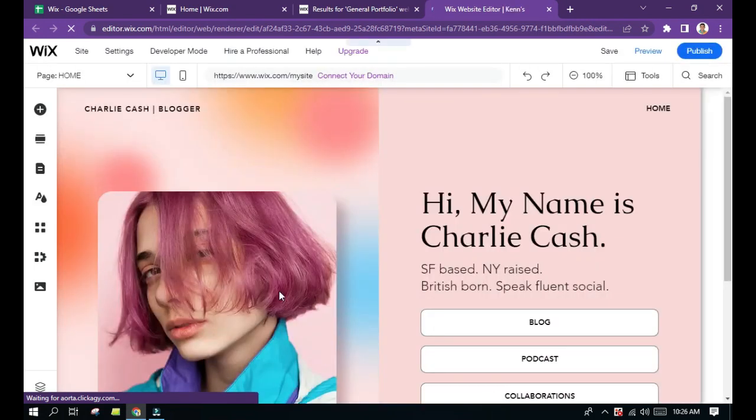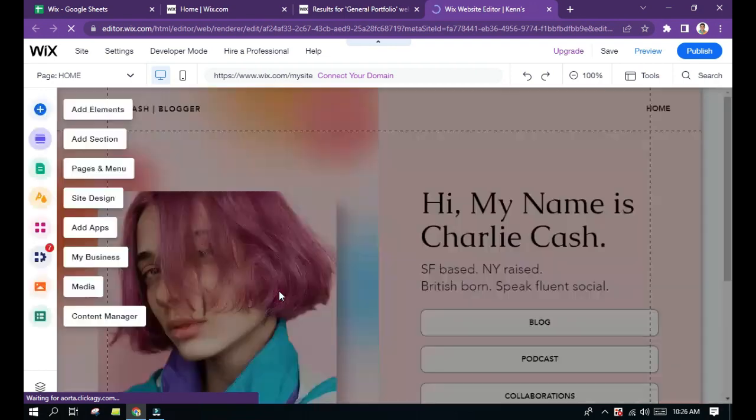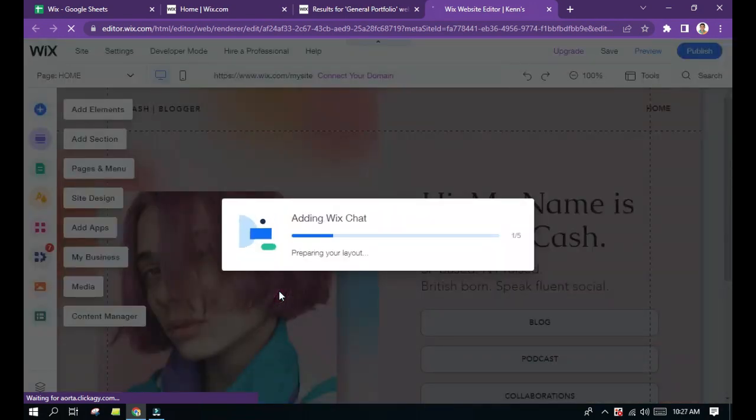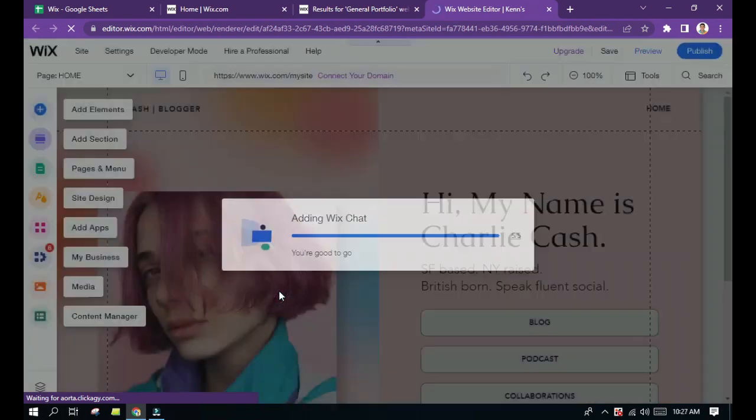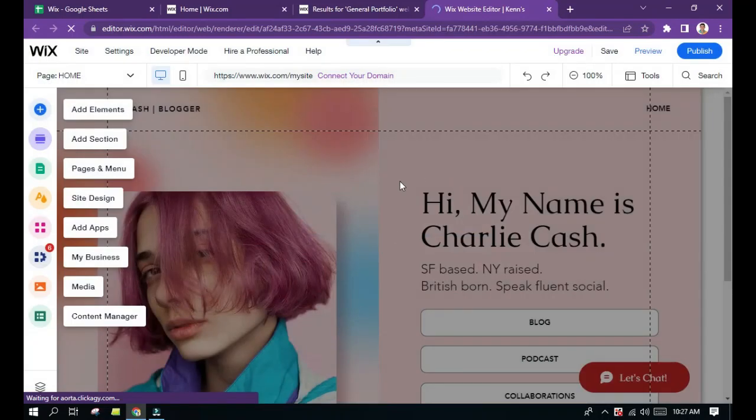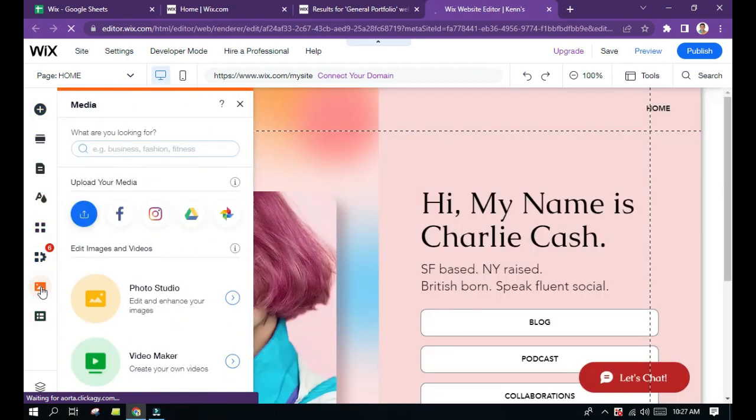Okay, so here's the template now. So how are you going to add an image or images? You just have to look at the sidebar of the screen right here, and then search for the media icon right here. Just click it, and if the image is coming from your computer, you will have to click this icon, upload